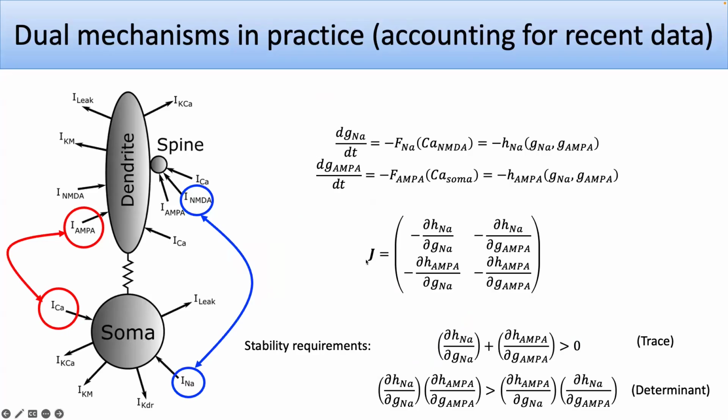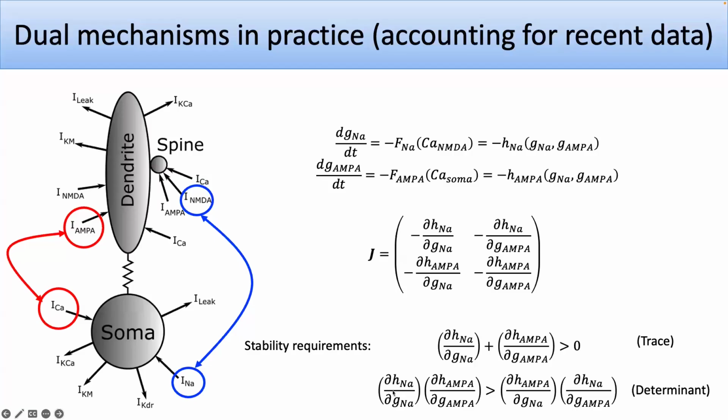Find the Jacobian, and the question is, when is the system stable? Well, when both eigenvalues are negative. And you can see that for the trace to be negative requires this sum to be greater than 0. The trace is basically the diagonal: if each mechanism is heading in the right direction, it will have a negative derivative. So if temperature goes up, then something should be making d by dt negative.